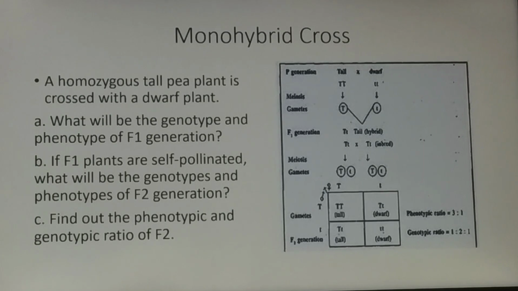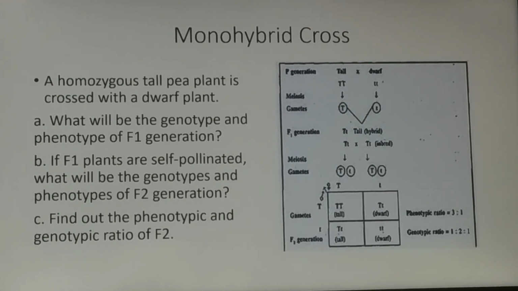So we can find tall and dwarf plants. There is a mistake in the figure since I've copied it from the internet. Capital T small t will be a tall plant there. In the second subsquare it is written dwarf. It is not dwarf, it will be tall. I told you the reason for that. So we can find tall and dwarf plants. So phenotypes of the F2 generation: tall and dwarf.